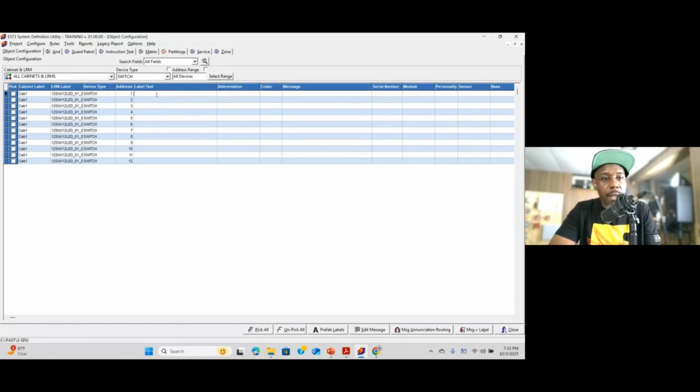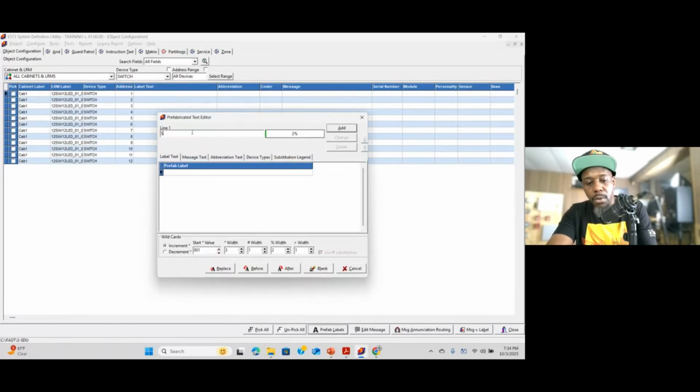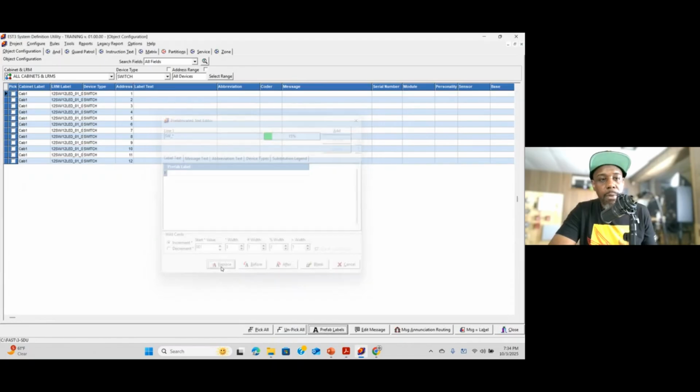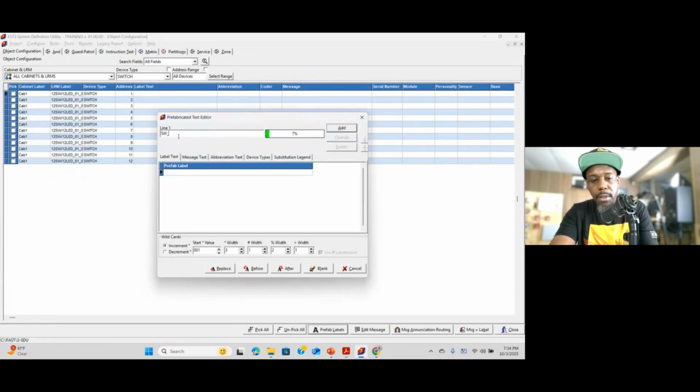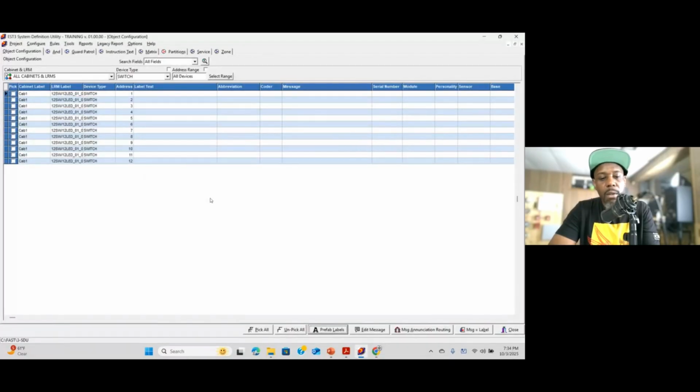Okay, we got switches here. So let's go back to the prefab label. We're gonna go switch, underscore, star, and let's do just 1 digit, and then we replace it. Switch. Boom. Yeah, that was right. Oh, see, the brain ain't braining. You gotta pick them. Sometimes I just be losing my mind.